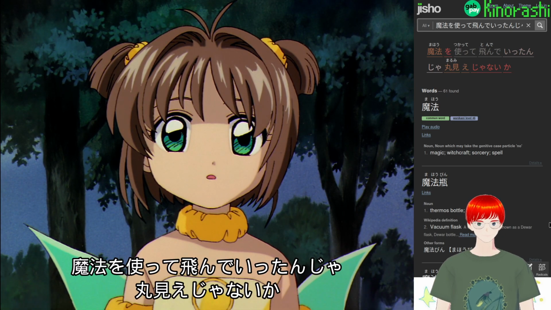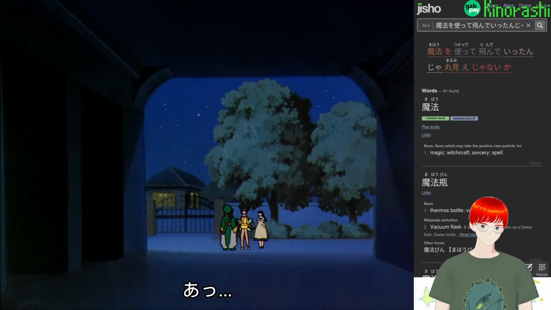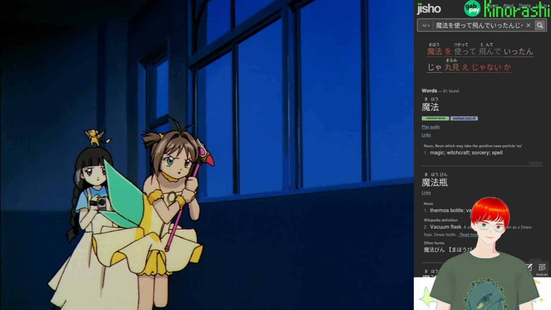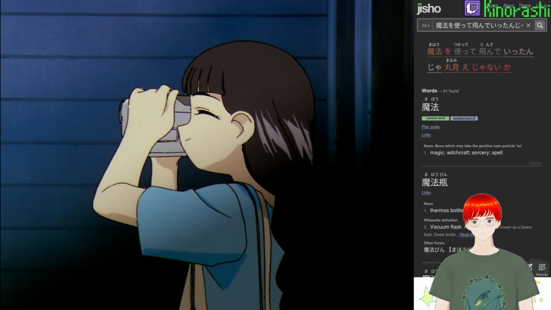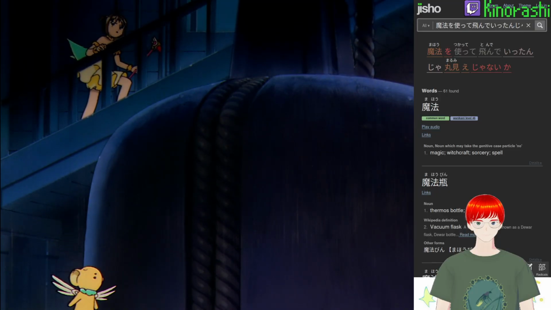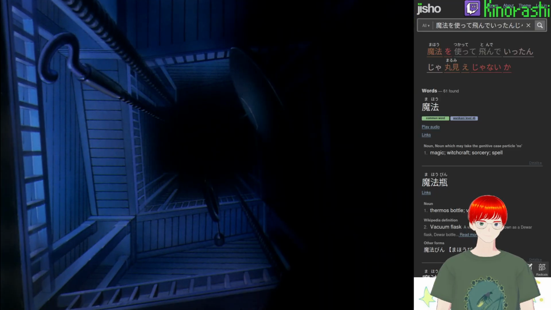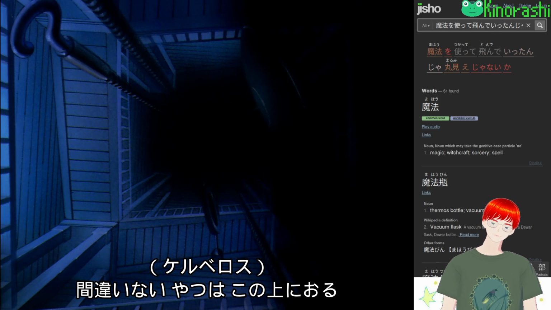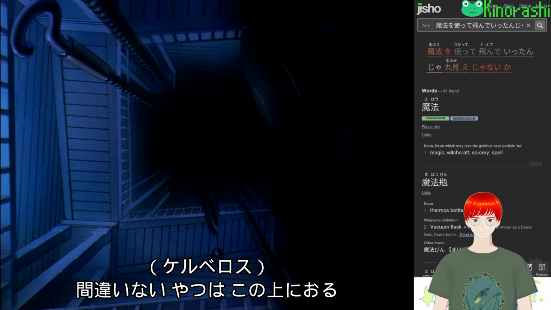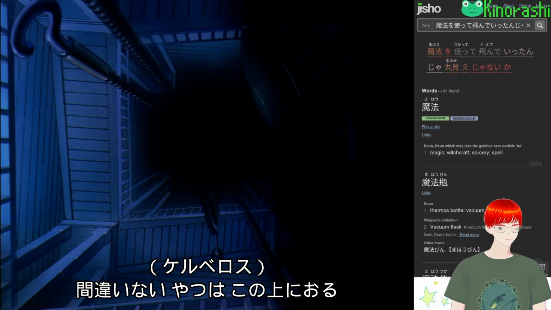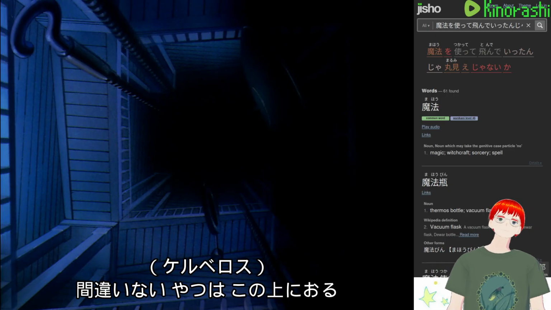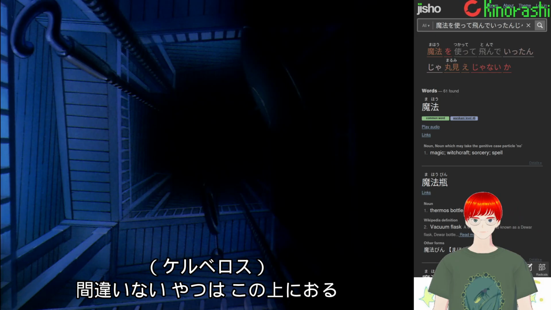時計塔にいるんだ。魔法を使って飛んでいったんじゃ丸見えじゃないか。間違いない。奴はこの上におる。